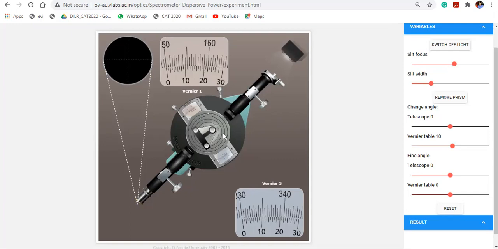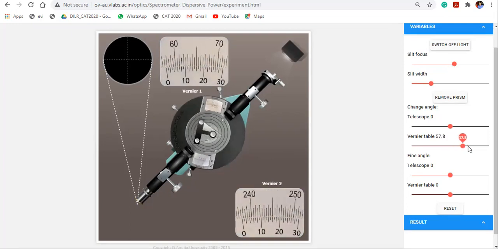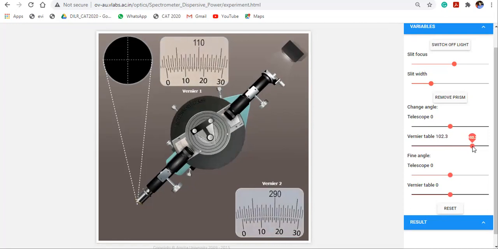After calculating angle of prism, rotate the vernier table in such a way that light enters from this surface and emerge out from the second plane surface.